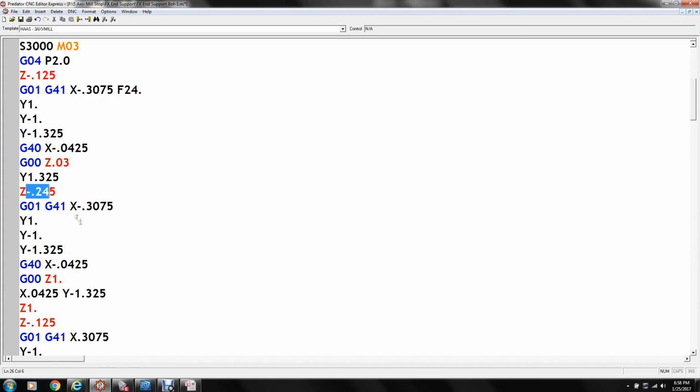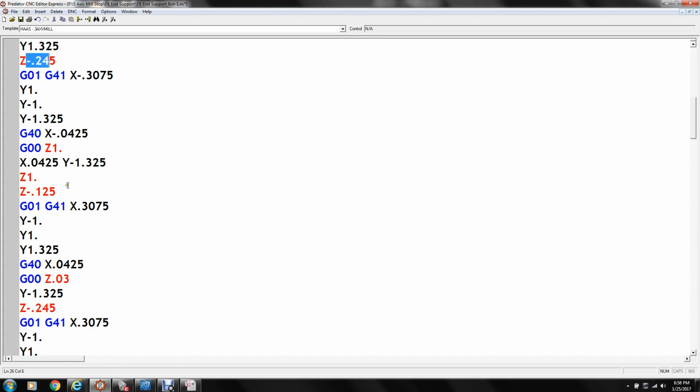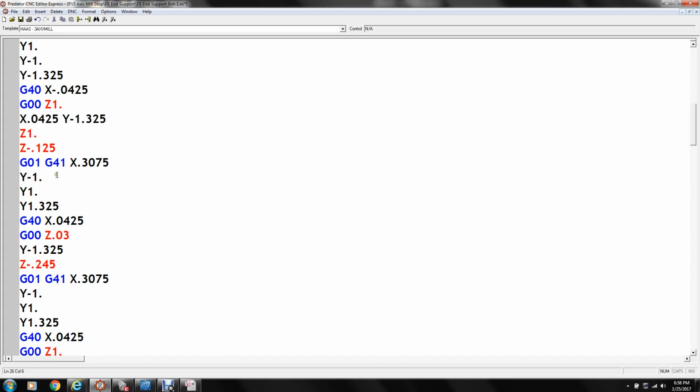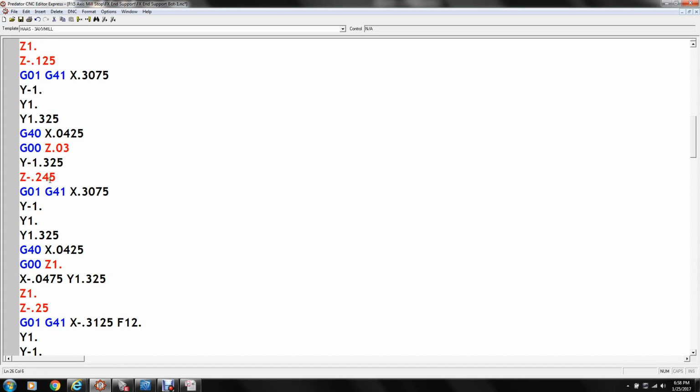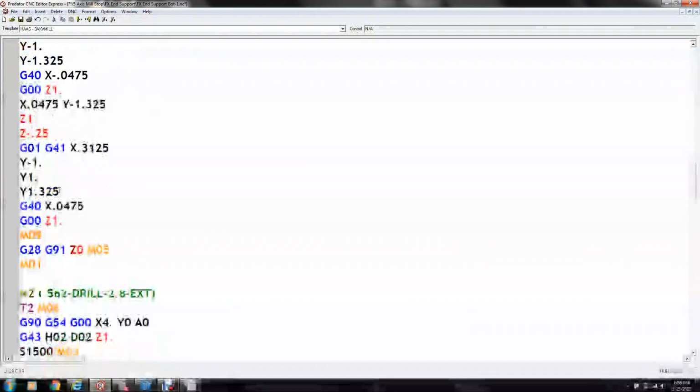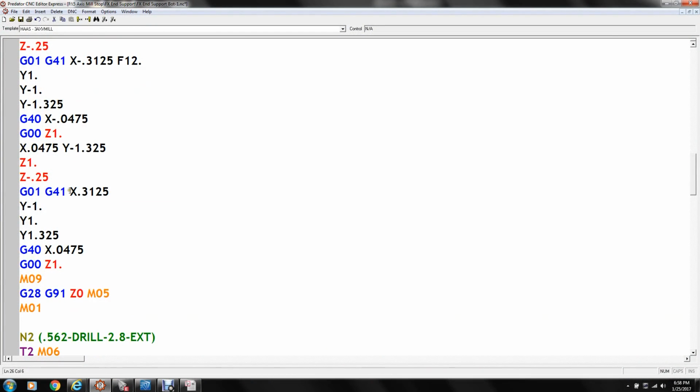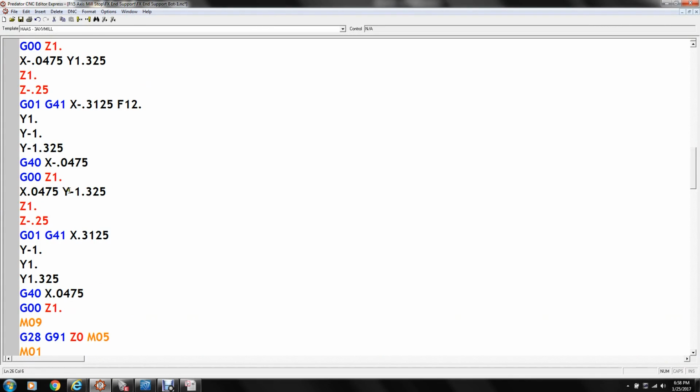Okay, we're wrapping back up to Z 30 thousandths, and then we're moving up to this Y and so on, and it's taking these passes down to rough the key slot out that we're putting in the middle of the part there. So that's basically what it's doing until we get to a finish pass of this, where it's actually going, see here, to the 0.3125 here, and here, and those are the finish passes of the key